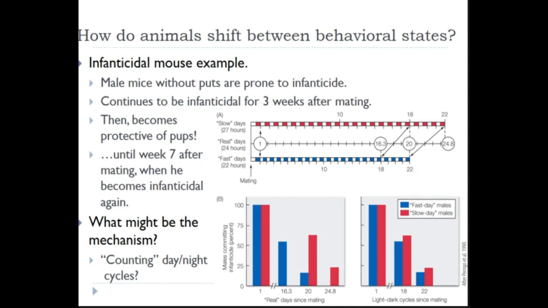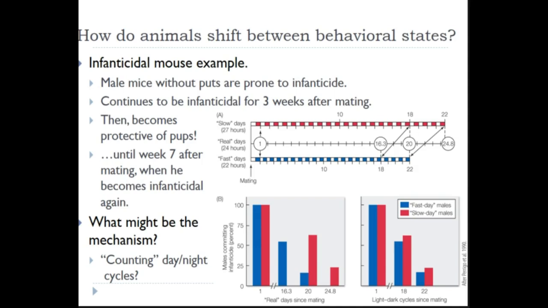I think the thing that really catches it is that even though we are able to induce differences in our groups by putting them on these 2 different treatments, if you look at the total number of light-dark cycles since mating and then compare the behaviors of these animals, if only 1 light-dark cycle has happened, both groups are equally aggressive. After 18 light-dark cycles, whatever hourly basis they're experiencing them, both groups are pretty aggressive. But after 22 light-dark cycles, they pretty much have all stopped being aggressive. So it's the light-dark cycle that seems to be the thing that they're counting.